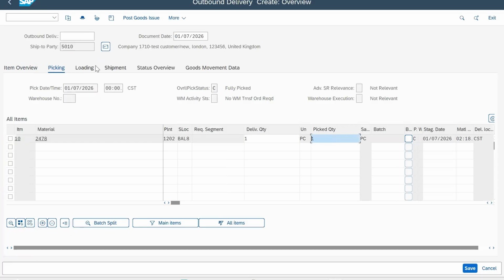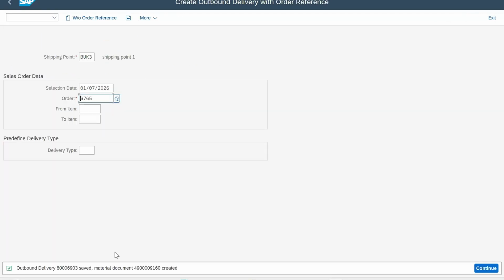Pick the quantity, and you need to do the post goods issue. As you can see, it is fully picked. If you click on post goods issue, it will create two documents: outbound delivery and material document. So this is our outbound delivery number. You can copy that,